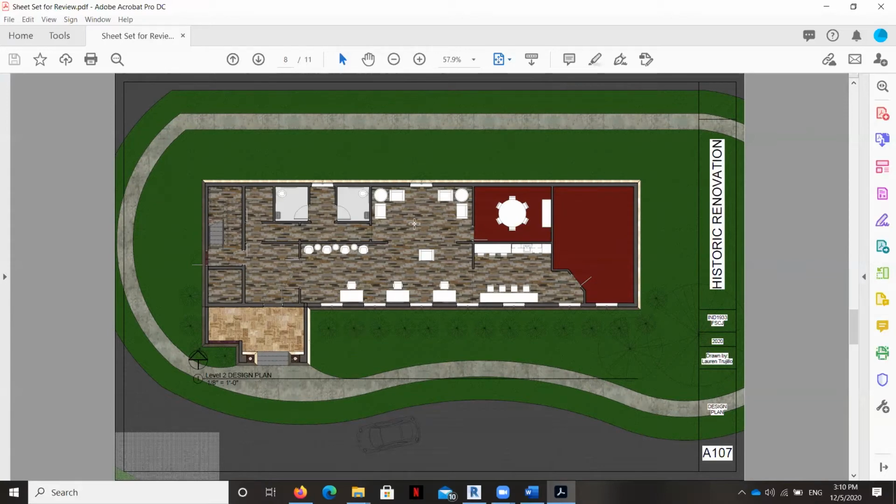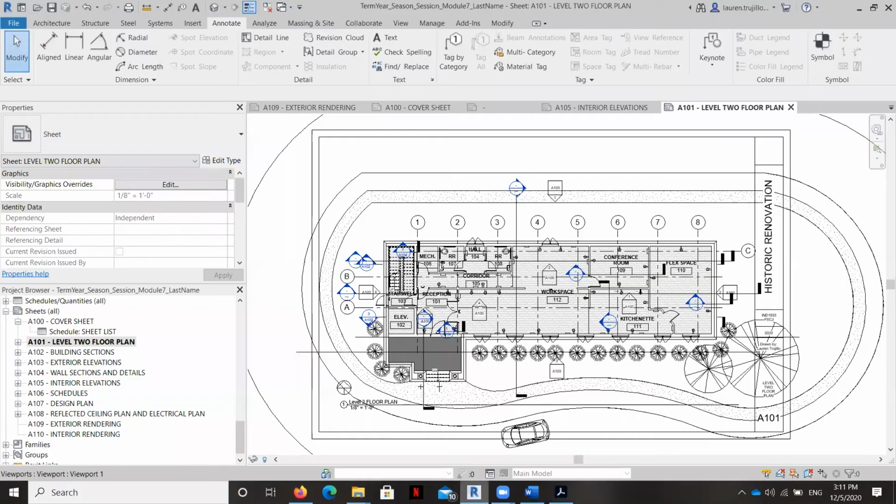As far as visibility goes, this is rendering in a realistic setting, which isn't going to look good when we print it out in black and white. So I'm going to change the settings here from realistic to one that's just going to give me black and white line work. I still want all of the textures to show, but I don't want all this color to be added in. This here, because this was applied as a paint finish, I would just have to make sure that there's an actual tile assigned to it, and I'll show you how to check right now.